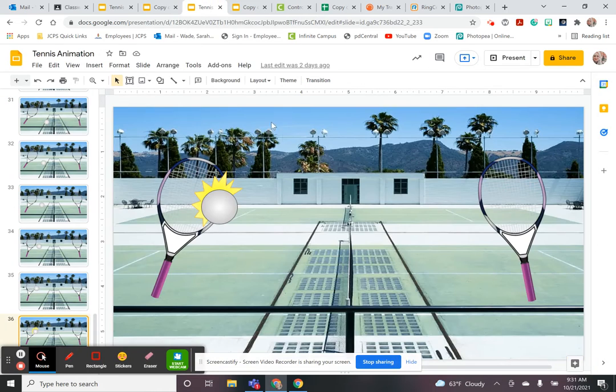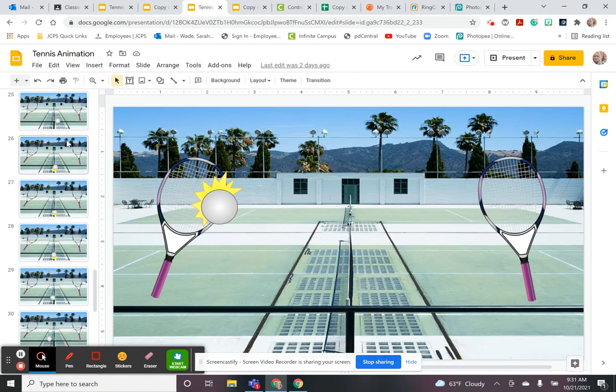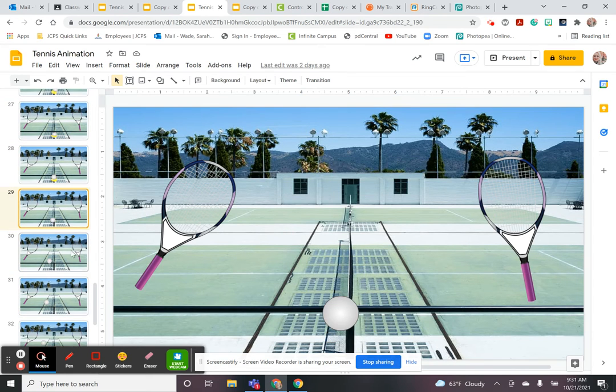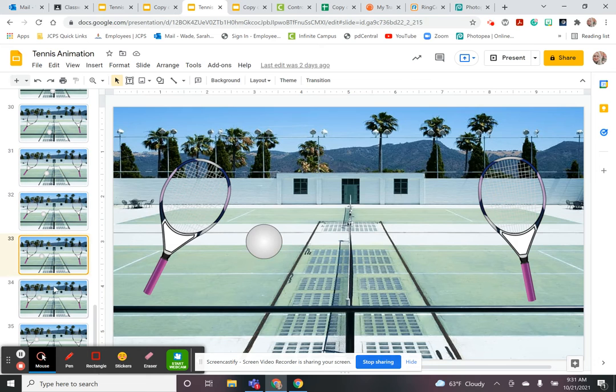So once you are ready and you have all of your slides and you've checked them to make sure they all look good, and you can always just click through them to see a little bit of a preview of how your animation is going to look. You can even present it and flip through using your keyboard arrows just to see how the animation is before you publish it. Once you're ready and once you're happy with all your animations and you've met all the criteria